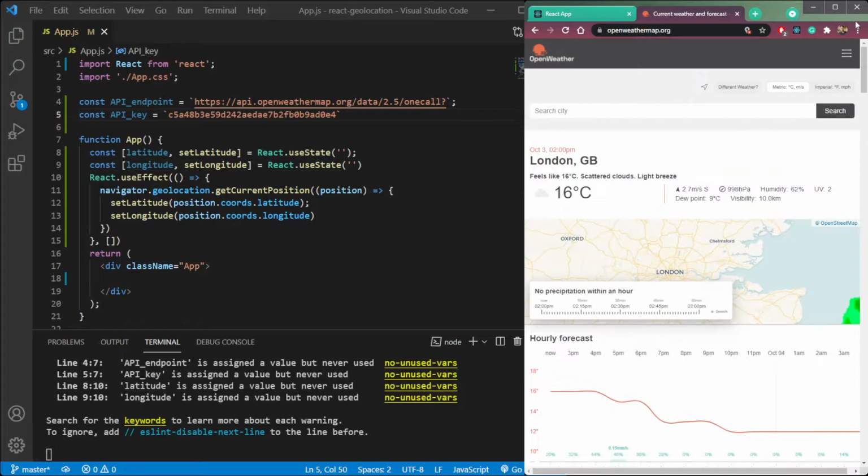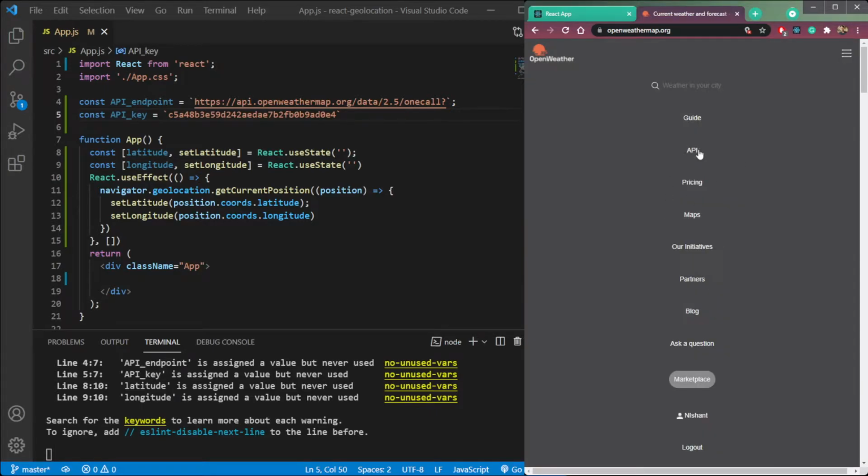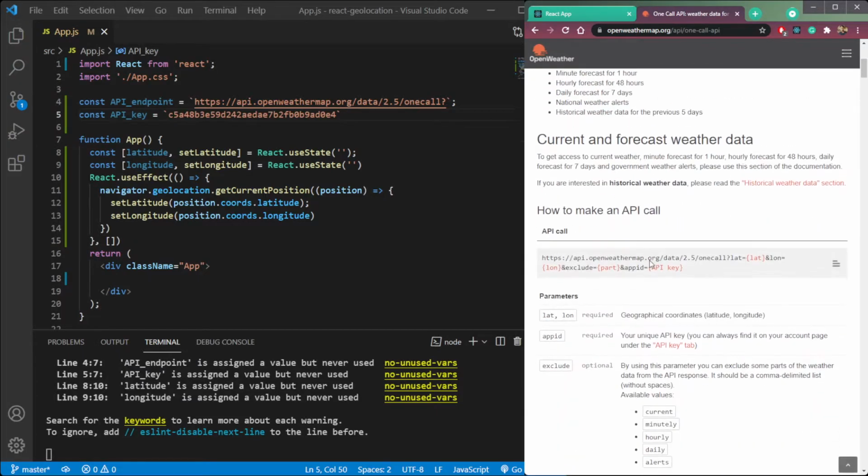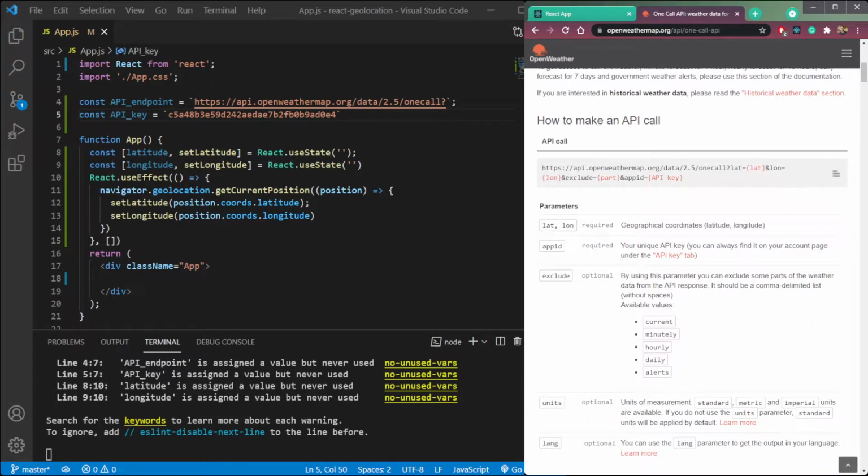I don't know why this button is not working. So we have API here. Click API. Then we have the One Call API. So click API doc. Then this is the endpoint. So we have copied the endpoint here, and now the API key. Okay, we have all the things here.